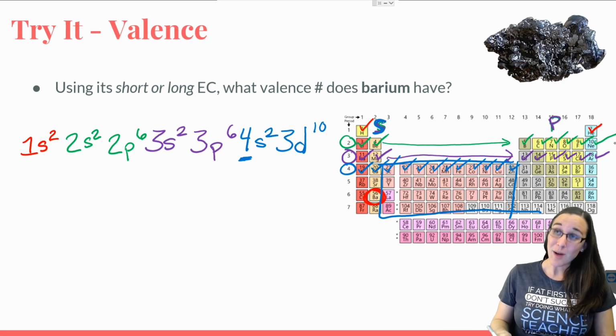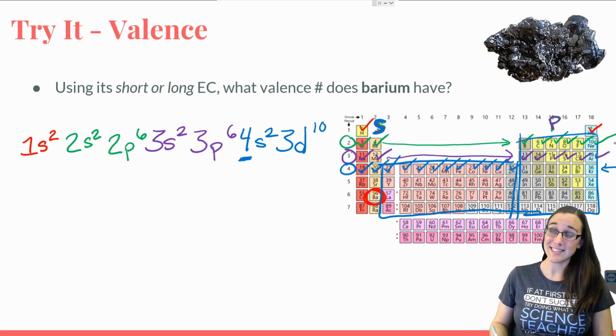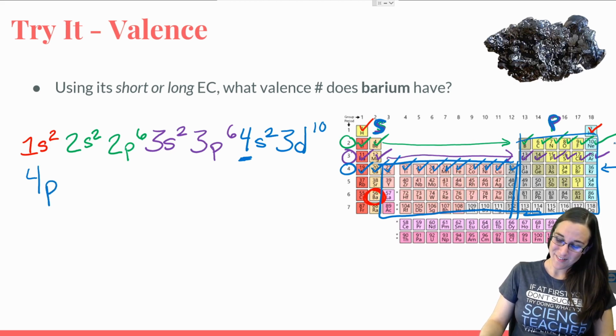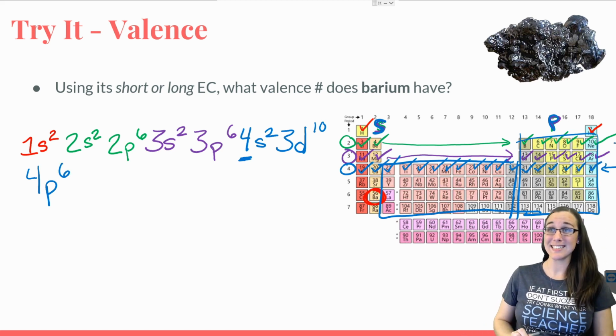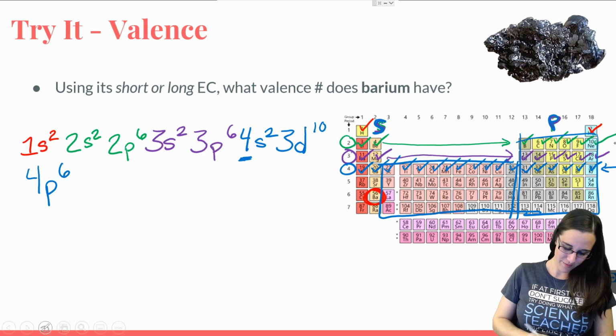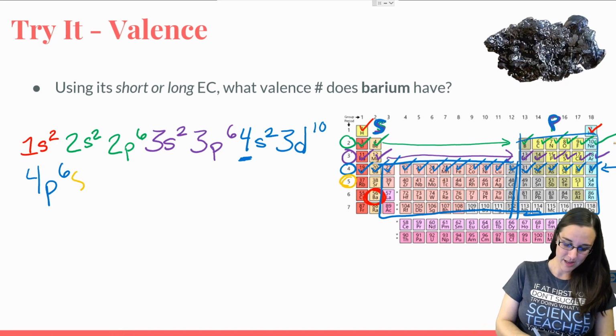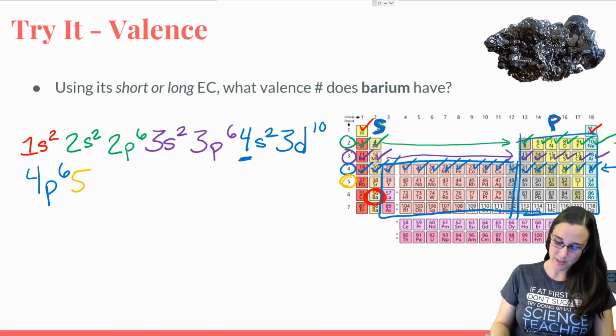Great. Now we need to go back into level 4. On the P block on this side, this is still level 4, just like the S side. So now we're back at 4p on the P side. 1, 2, 3, 4, 5, 6. 4p6. Jumping down to level 5. Now we're at level 5. We need to get through the S block first. 1, 2,